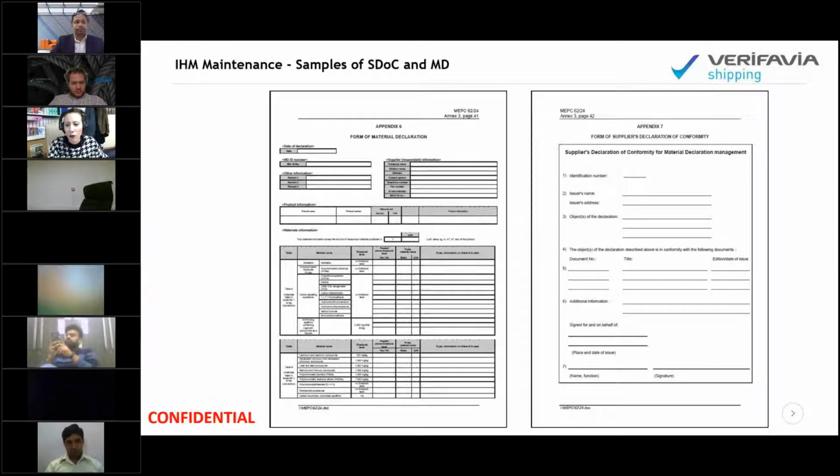It also applies to downstream suppliers, ensuring a complete outline of materials supplied on board. As you all know, this means tracking and filtering all the POs and the delivery notes, and this can amount to hundreds per ship and per year, and then contacting the suppliers to request the SDOCs and the MDs for each PO and delivery note, which can take a lot of time because it's